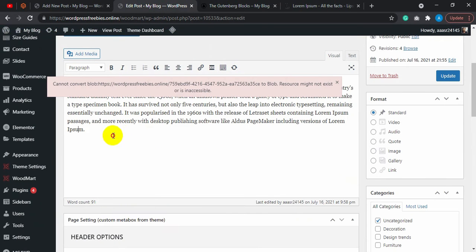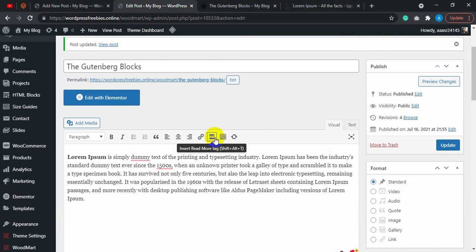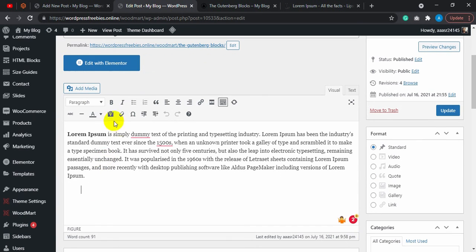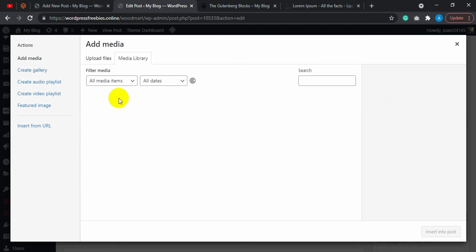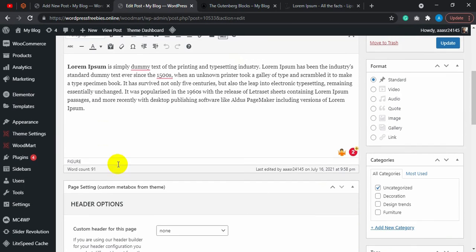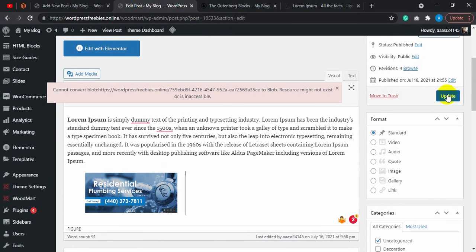Let me add here an image. So simply scroll and press enter here, and then simply close this. And from here, simply guys, click on this toggle, and you can add a lot of things from here. But I'm going to click on this add media and let me select an image from here. Select this image. Alright guys, I've selected my image, and then from here simply click on update, okay guys,